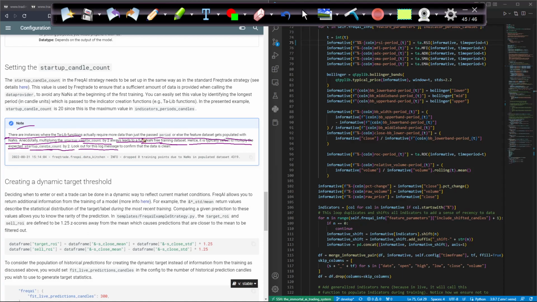Look out for this log message to confirm that the data is clean, right? So in our previous videos I had said that this is a very important message. So it's showing that we haven't dropped any training data set because there were no NaN values in this much length of training data set. Okay,